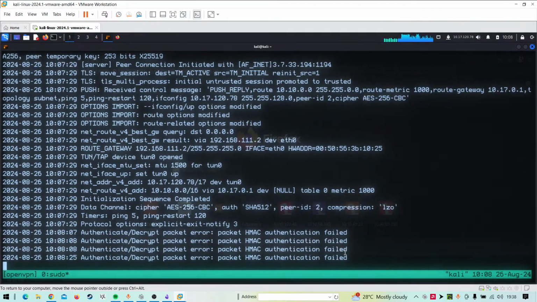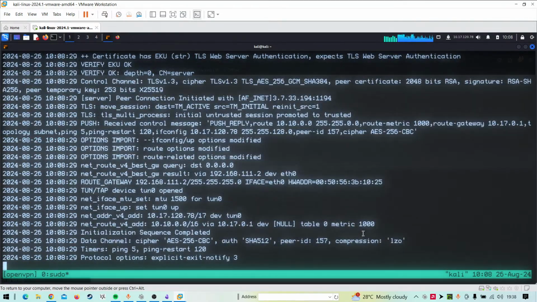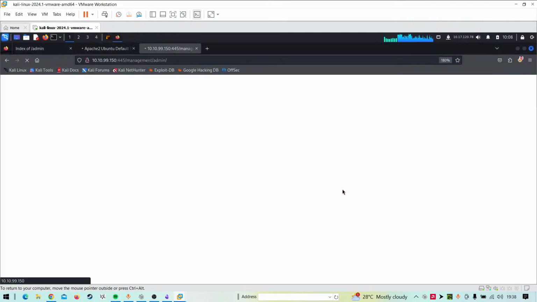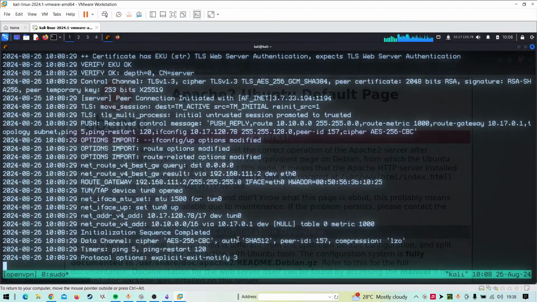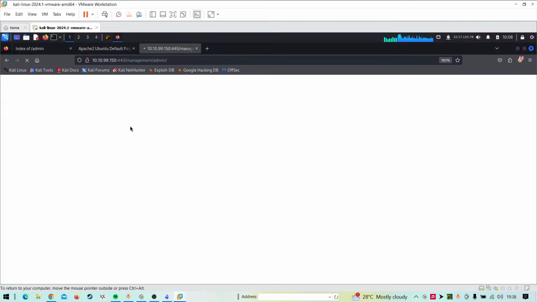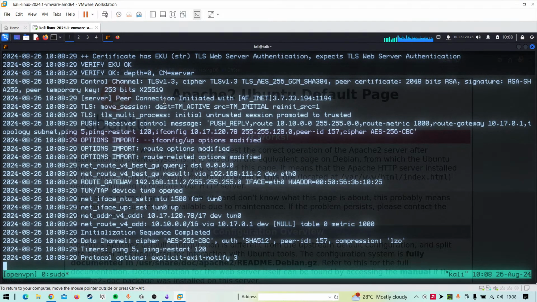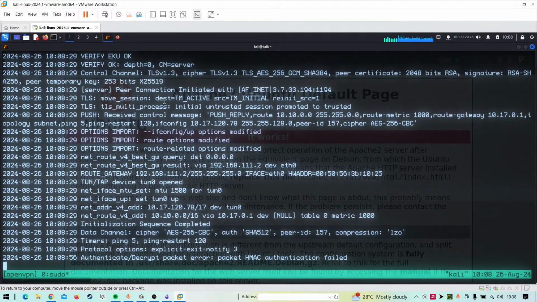Why am I getting some authentication error? I'm even getting some delay on getting a response. So maybe there is a bandwidth issue, or maybe my VPN file has been corrupted. It could be any of these reasons, right?